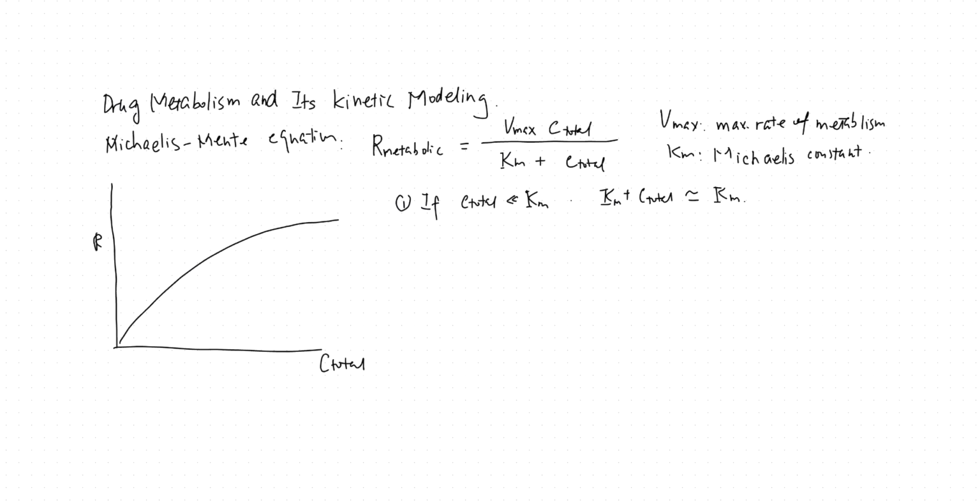That means the metabolic rate is approximately Vmax divided by Km and multiplied by C total. You can call this ratio Vmax divided by Km, you can just give it another name. Doesn't really matter. We call it little k,